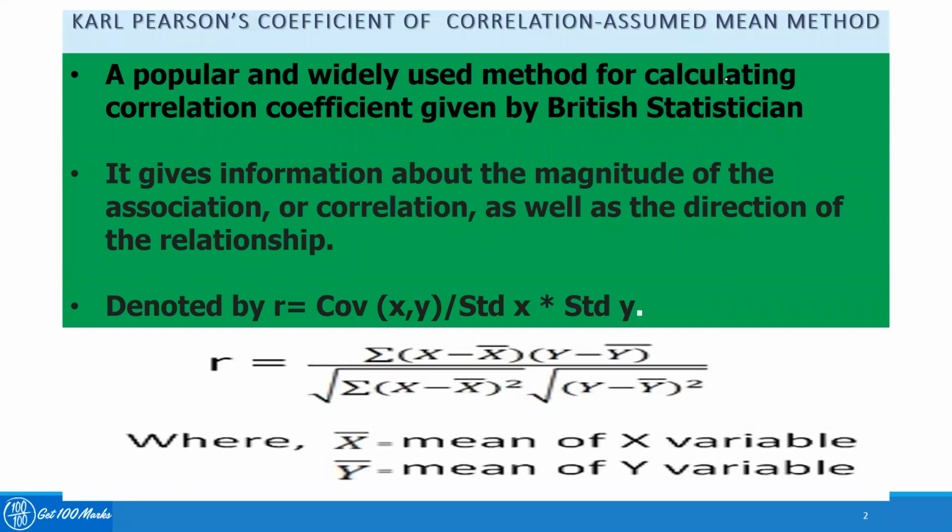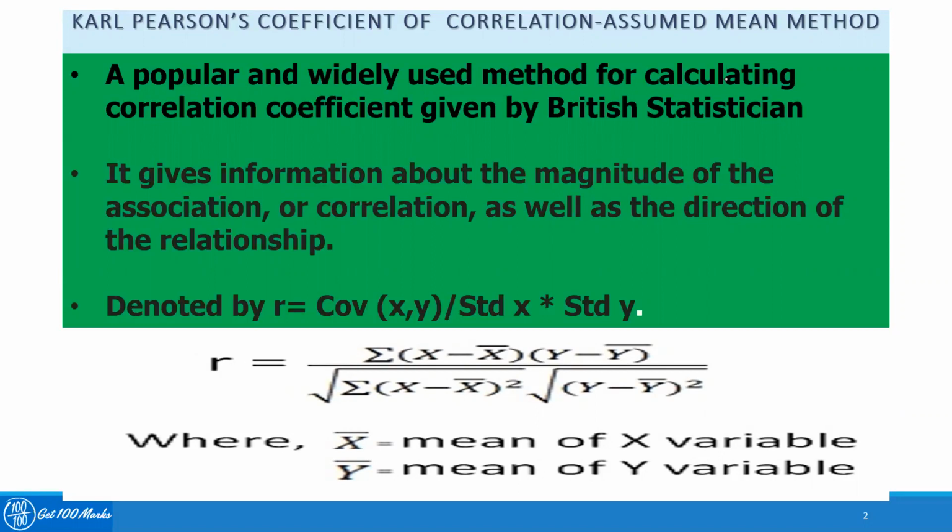Karl Pearson coefficient of correlation is a very popular statistical measurement for measuring the correlations between two or more variables. It is mostly used for bivariate correlation. It was given by the famous British statistician Karl Pearson. The Karl Pearson correlation coefficient will give us the idea of both the magnitude as well as the direction of the correlation. In my earlier video, I discussed positive and negative correlation.